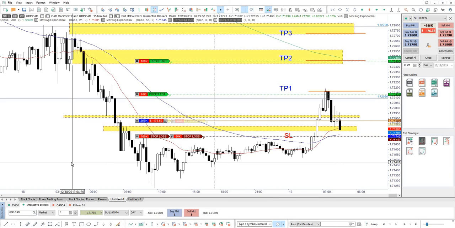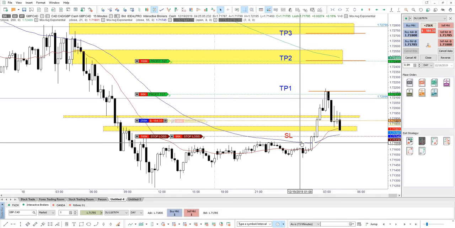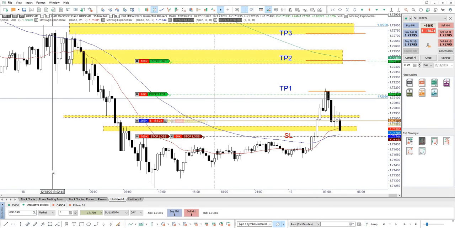But let's see, as long as it has not hit the stop loss, we are still in the trade, and there is still a possibility of the prices retracing. Okay, probably we'll have another opportunity. Maybe it will come down to test 71.65 levels, and then probably we will have another trade